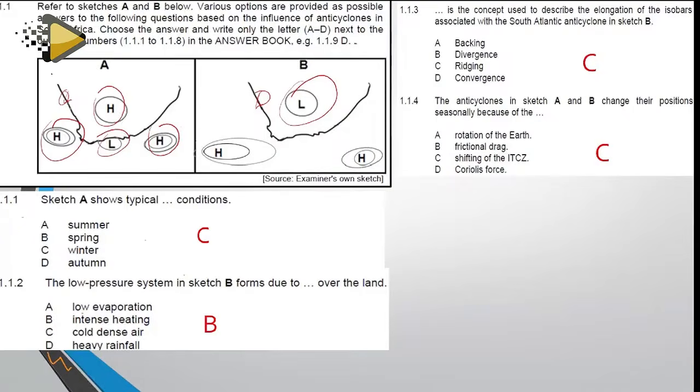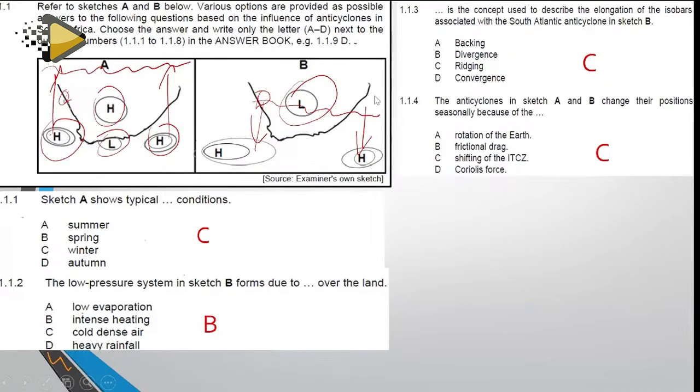So it means now the ITCZ is going to move further north. So the high pressure cells are going to follow the ITCZ, and therefore they are going to move northwards. Now, when it is winter in the northern hemisphere, it means it is summer in the southern hemisphere. Now, the ITCZ is going to move lower or southwards, and now the high pressure cells are also going to